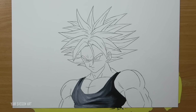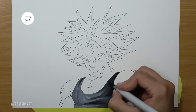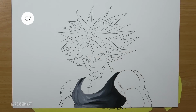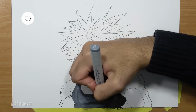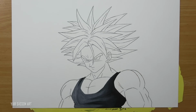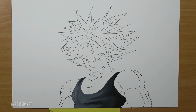The next step will be blending. So what I'm gonna do is use the mid-tone to blend the darkest tone with the mid-tone, which means I'm gonna use the dark gray to blend the black color. And then I'm gonna use the brightest color, C5, to blend the mid-tone, C7. Awesome, and this is the result we want to get, and that's basically the same process we'll do for the